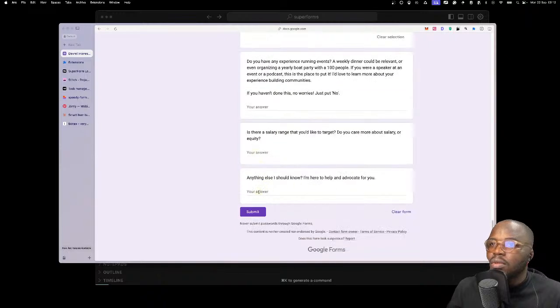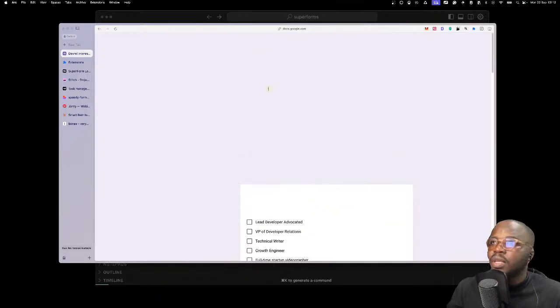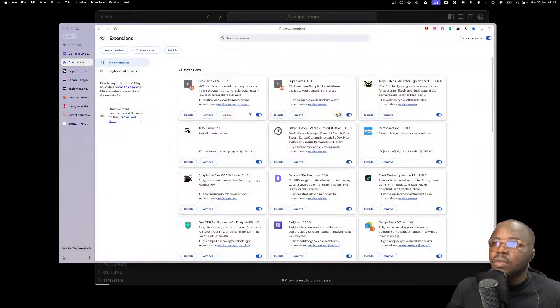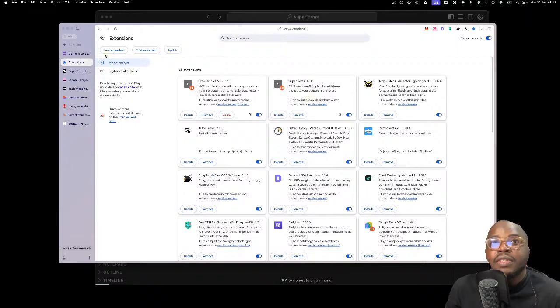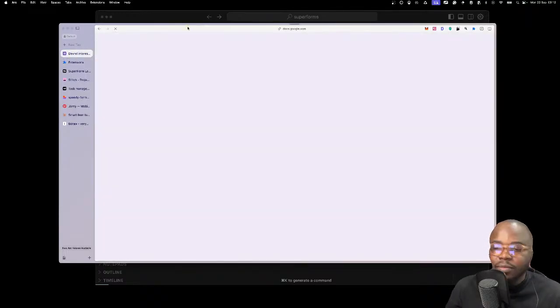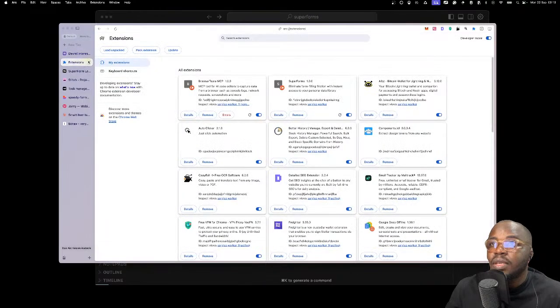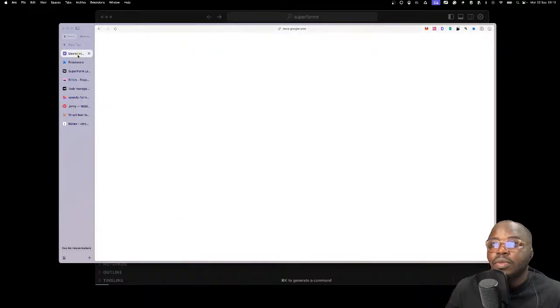What's going on? Is this page buggy as well? I think it's the extension that is messing things up. If there are errors here, I would know. I need to refresh this. Probably check the Chrome console. But you can see that we're close to what we want it to be. I think this is something I will actually use myself and make better. Right off the bat, you can tell that this is a big help. Super forms.